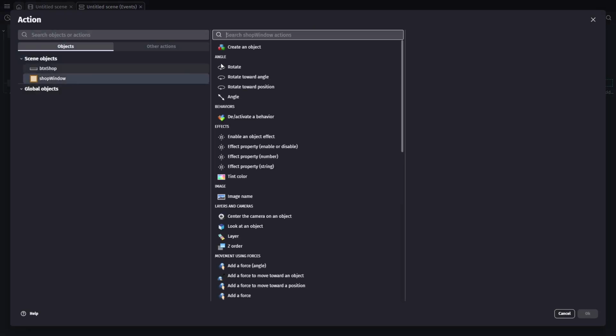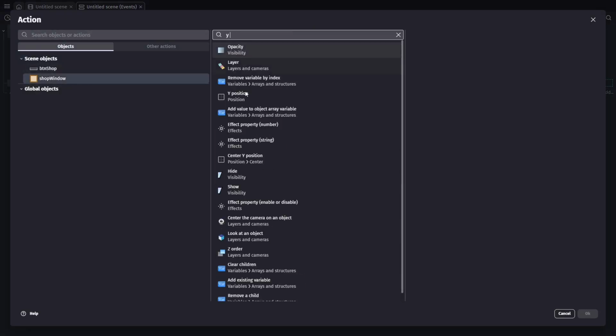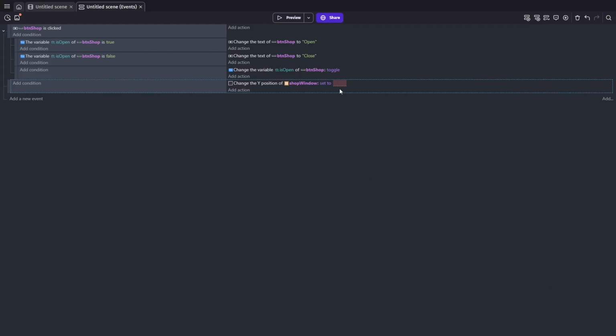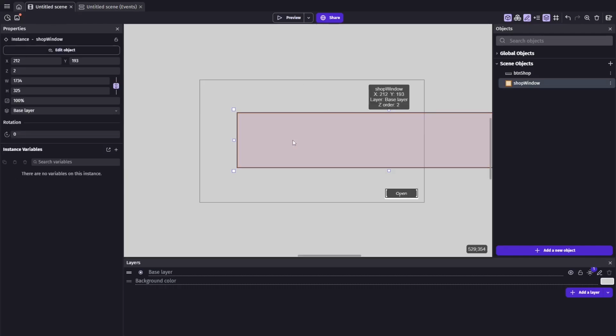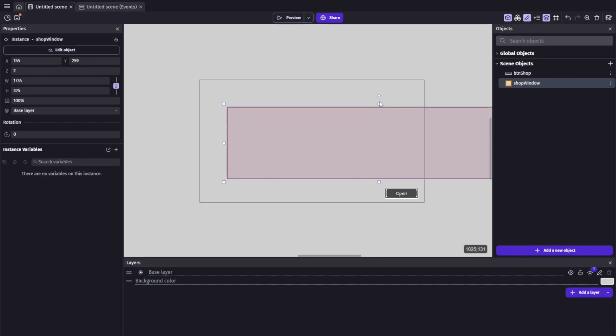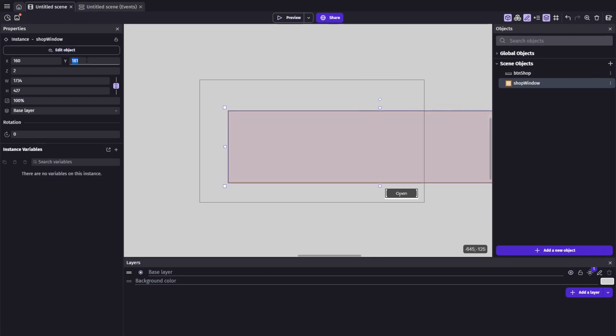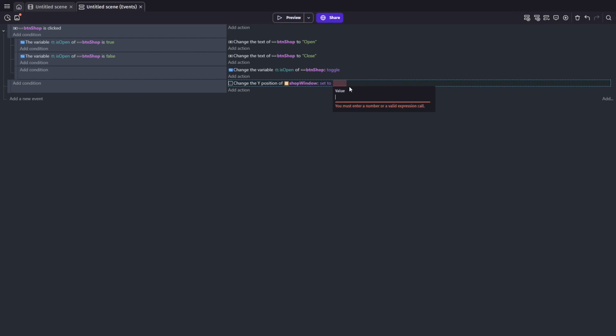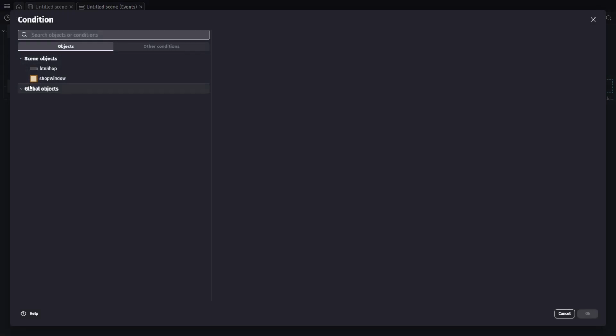This can be done by simply adding an action that sets the shop to whatever Y position you see fit. So I dragged my shop to where I wanted it on my scene, then looked at the properties, and I note the Y position. Then on a new event, I simply add an action setting the shop window's Y position to that value. Now technically this happens all the time, so it will always be affecting our performance, though the